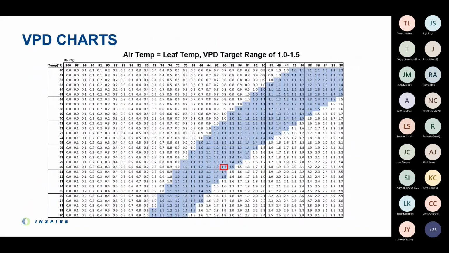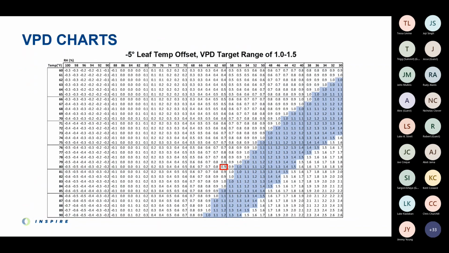So really quickly, same type of example, but on a VPD chart. The VPD values on this chart assume leaf temperature equals air temp. And the blue region is a target range of 1.0 to 1.5. And our example room is sitting at 80 degrees, 60% relative humidity in that red box with a VPD of 1.4. Okay. Now look, room is still at 80, 60, but the values on the VPD chart have been recalculated,